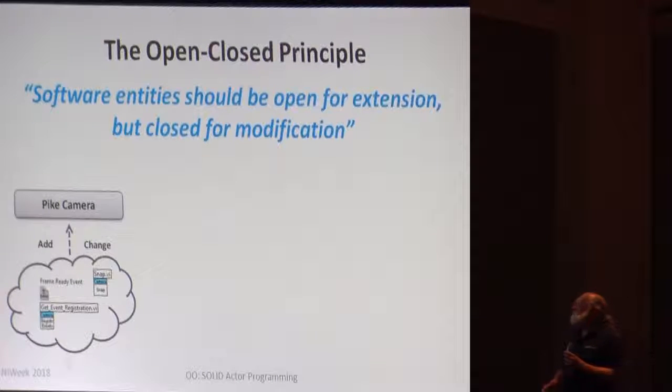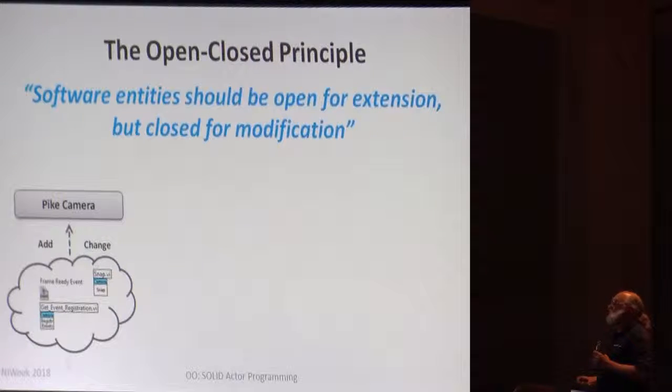Open-closed principle: software entities should be open for extension, but closed for modification. Here's what it means. You have a Pike camera, and it implements a blocking snap method, which exits only when the image is exposed, integrated, and read out. So this takes a lot of time on the caller loop. And you need to extend it by implementing an asynchronous snap, so your caller loop can do stuff while, for several seconds, the image may be processed.